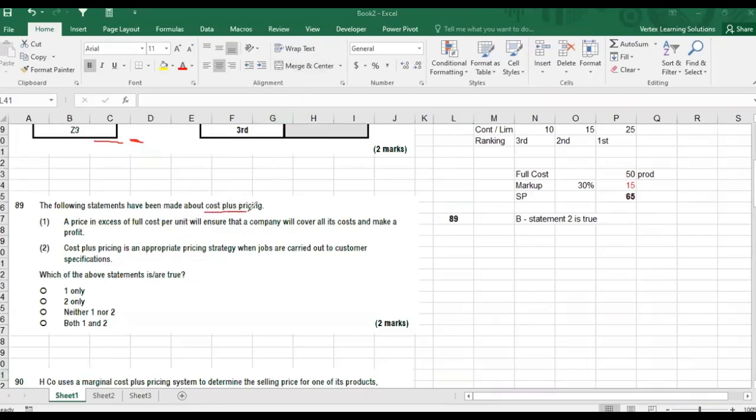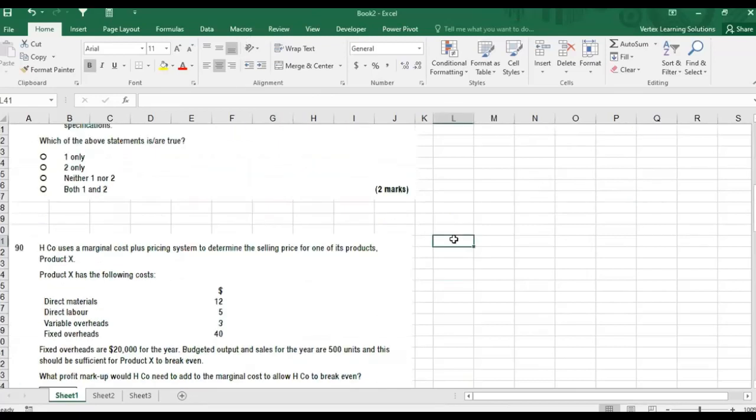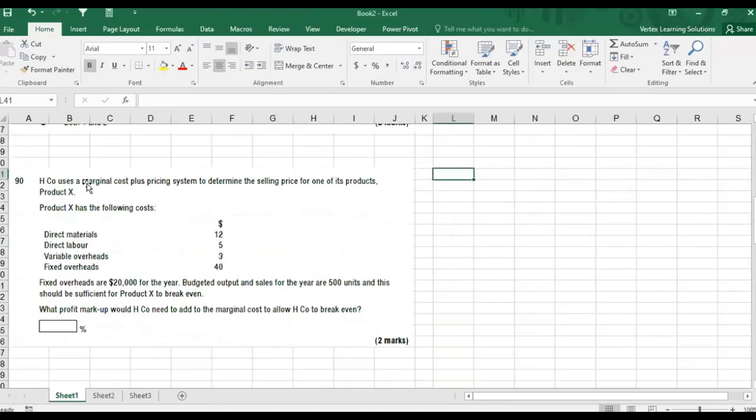When it says cost plus pricing, it means absorption cost, all 4 components, full cost plus markup. Here it does not say full cost plus, it says marginal cost plus. Marginal cost plus means variable cost plus a certain percentage as a markup, and then you decide